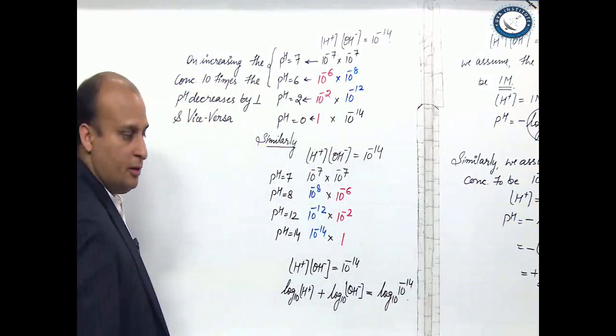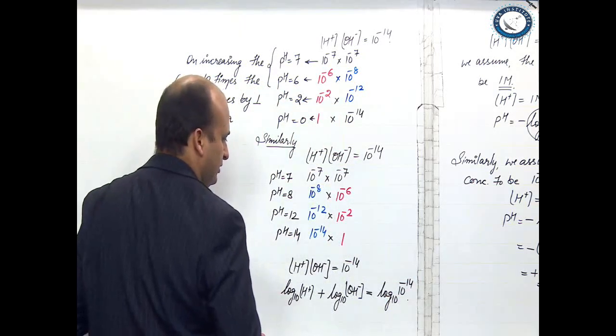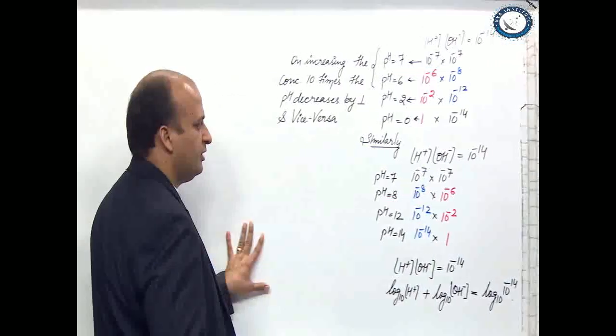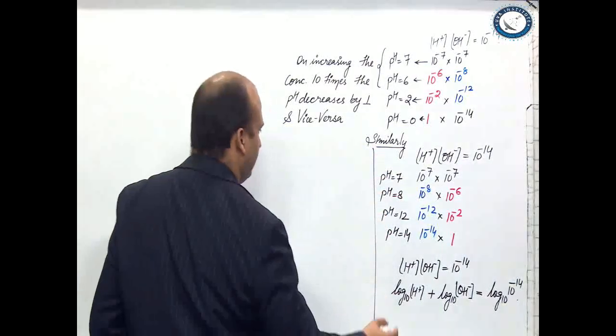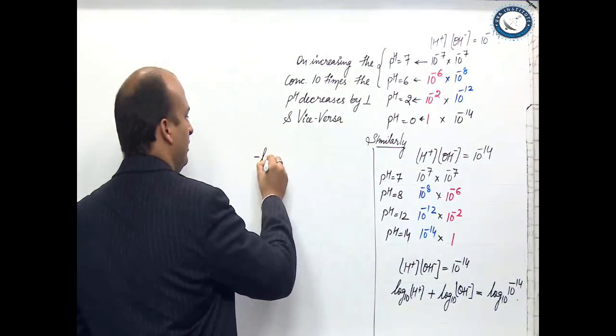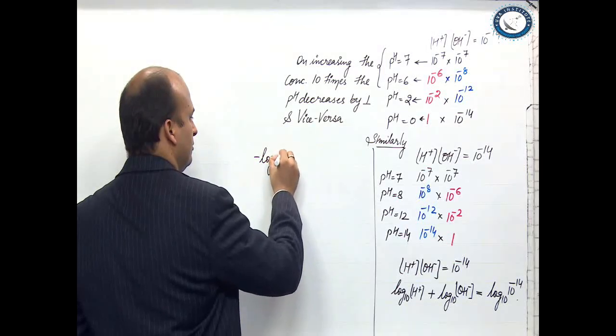Okay. Now take a negative sign on both the sides. If you take a negative sign on both the sides, you will be getting minus log H plus